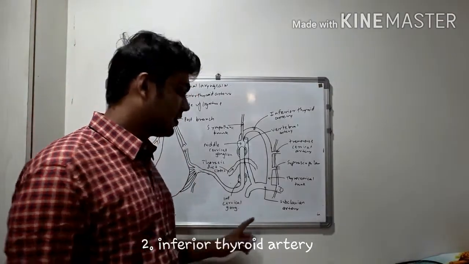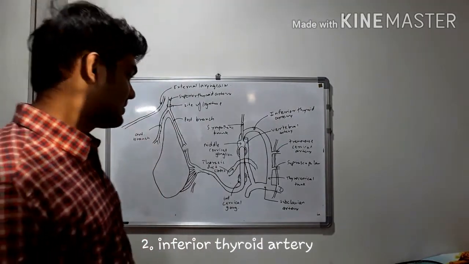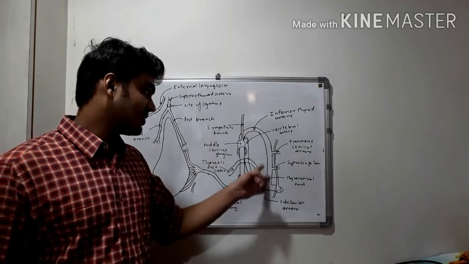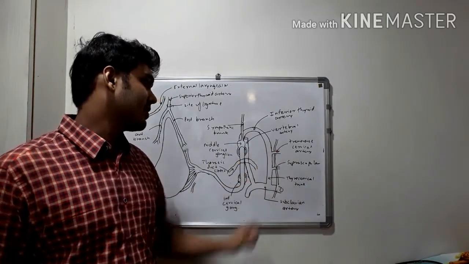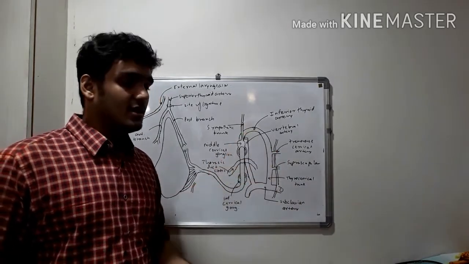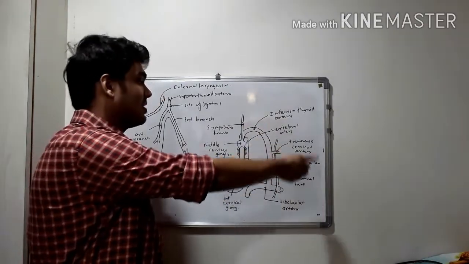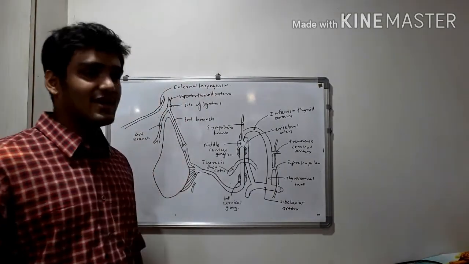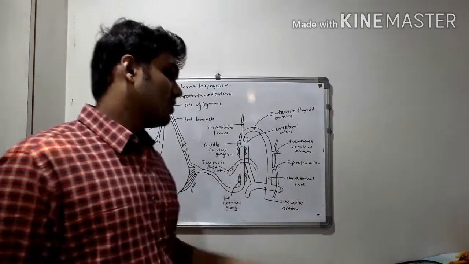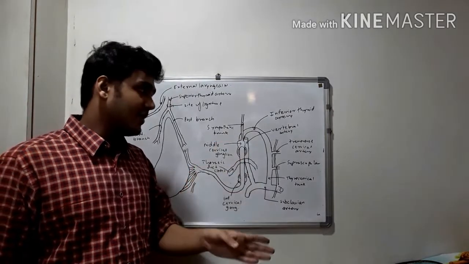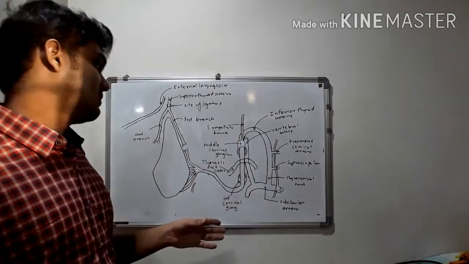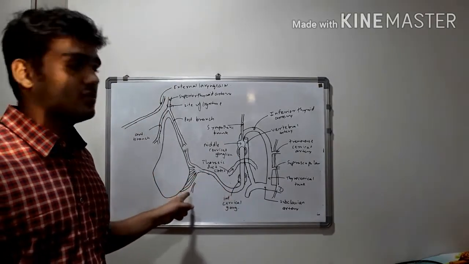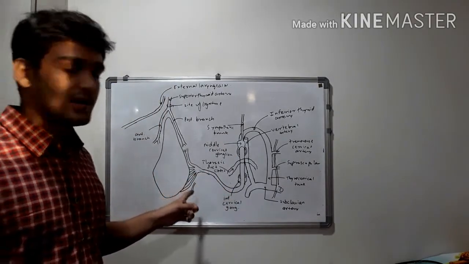Now, coming to the inferior thyroid artery. So, inferior thyroid artery emerges from the subclavian artery, the thyrocervical trunk. So, these are the other two branches of thyrocervical trunk, the suprascapular artery and the transverse cervical artery. Now, this is the inferior thyroid artery. It goes firstly upwards, then medially, and then downwards, and it is there between the middle cervical ganglion and the vertebral artery. The middle cervical ganglion is in front of it and vertebral artery is behind it. Then it runs downwards and is related to the recurrent laryngeal nerve. Its terminal branch is related to the recurrent laryngeal nerve.